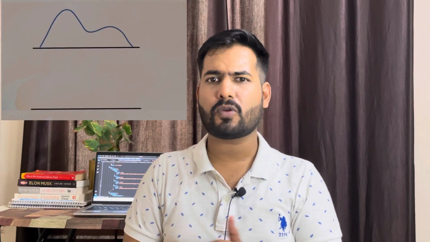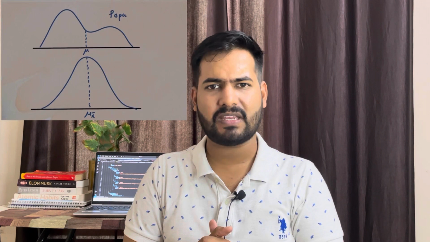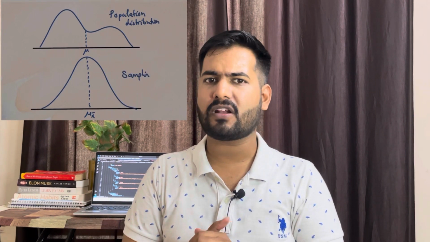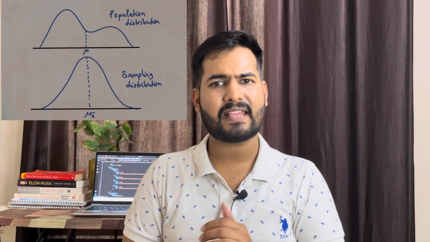The term sampling distribution of a statistic might sound a bit confusing at first, but basically it refers to the distribution of sample statistics, for example, the mean over many samples drawn from the same population. The distribution of a sample statistic such as the mean is likely to be more regular and bell-shaped than the distribution of the data itself.